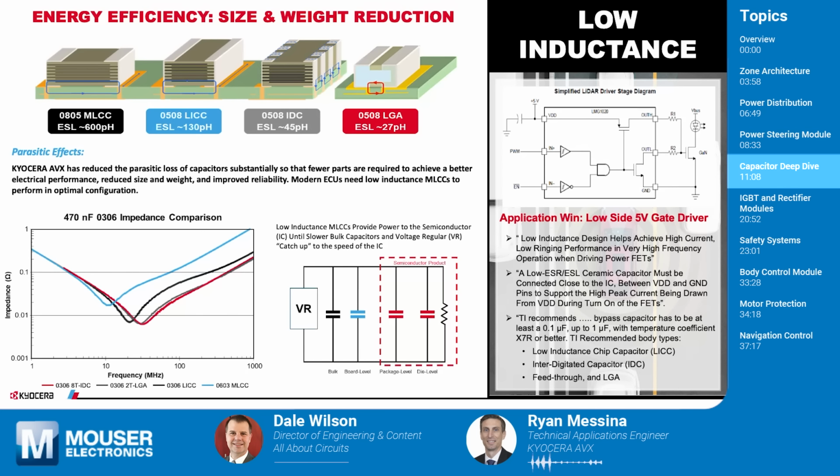And then you see the next part, the LICC, where you basically just flip those terminations and put them on the side. And you're dropping that inductance by a factor of 6. So it's really neat. And then it just keeps getting smaller. We're able to mess with the terminations, the electrode patterns, stuff like that, and we're able to get all the way down to around 27 picohenries